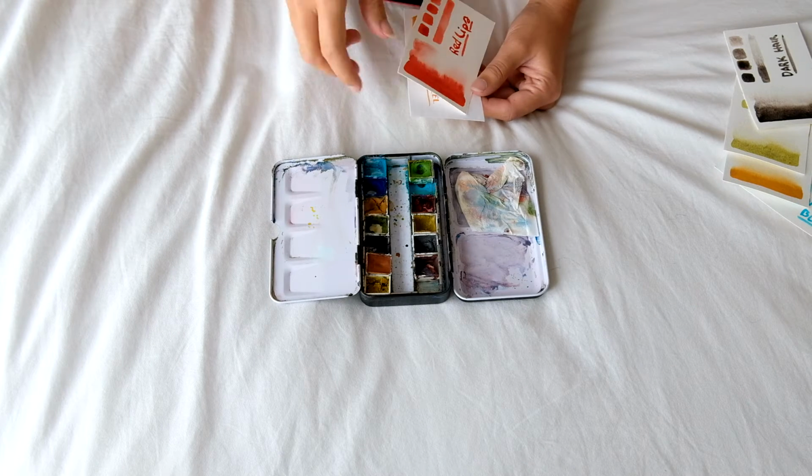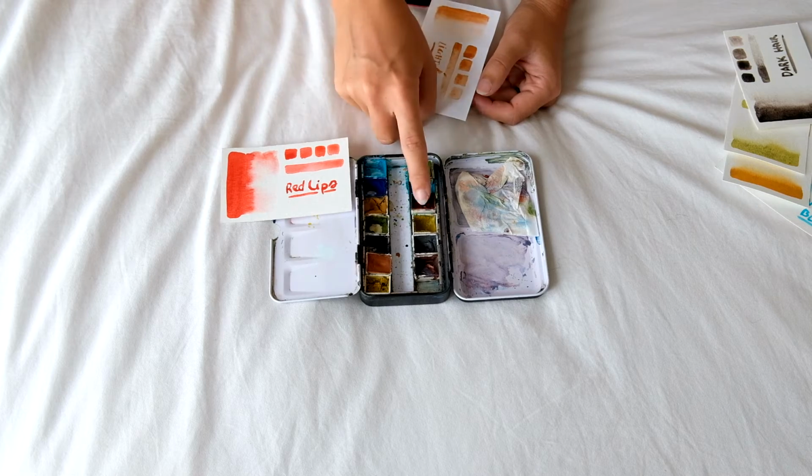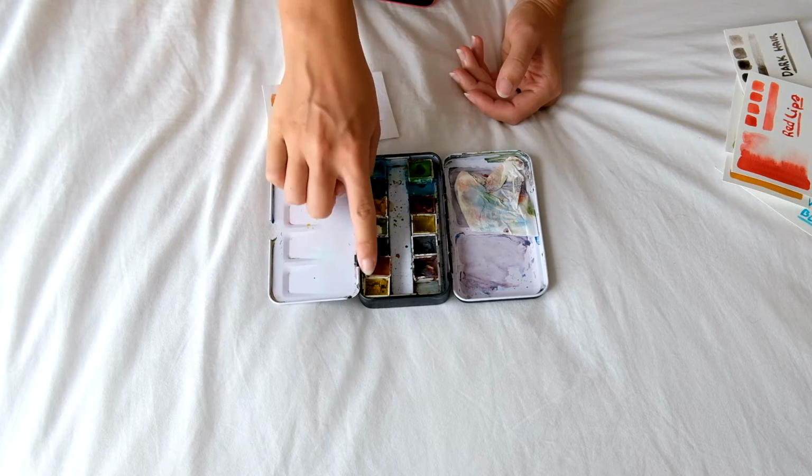So it's really good. Then we have red lips, which is my only red. Amazing. And once again, I don't have any more, so I will need to do some more of it. And we have this light hazel, which is this one